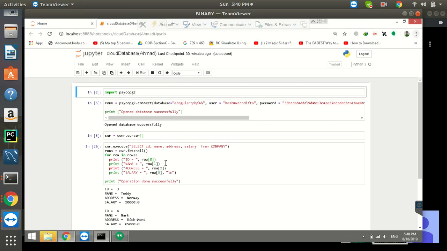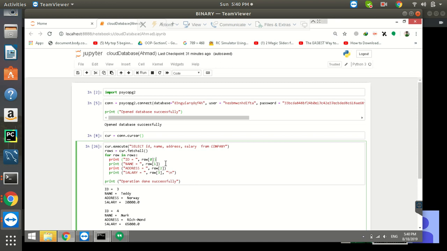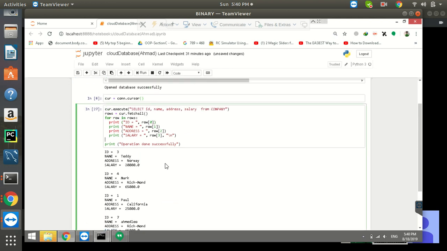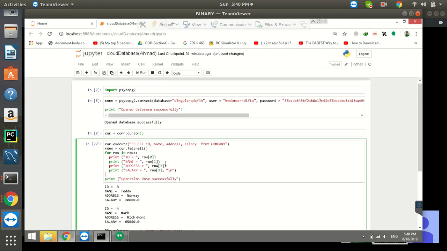So let's have a look at Ahmed's screen. And here I am on Ahmed's screen. Could you also test the data whether it's there or not, Ahmed? Yeah, sure. So could you please point out the data? Okay. So we can see over here that Ahmed's screen is also showing us the data, which was actually inserted